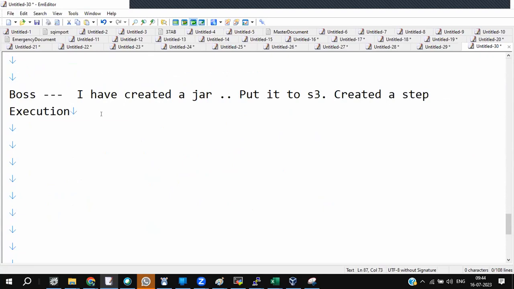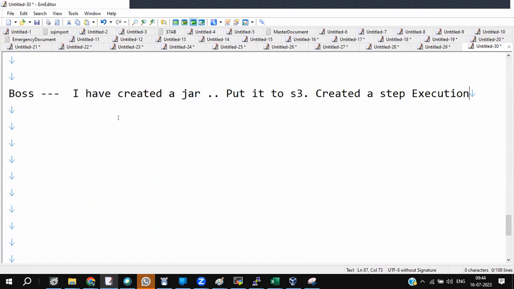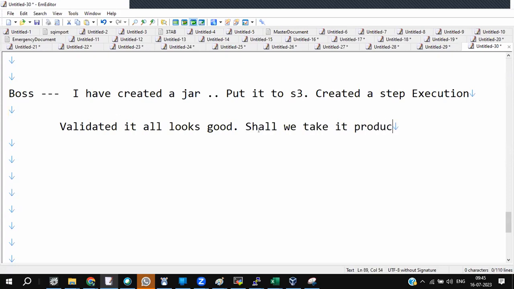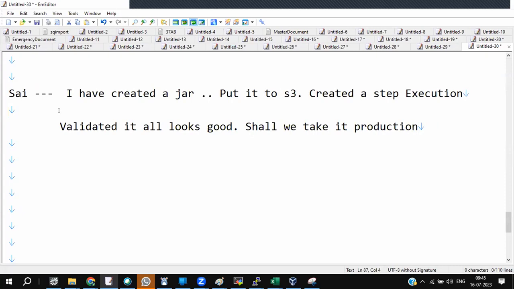I've created a jar, put it to S3, created a step execution, validated it, all looks good. Everything looks good. Shall we take it to production? Sai is saying, shall we take it to production?